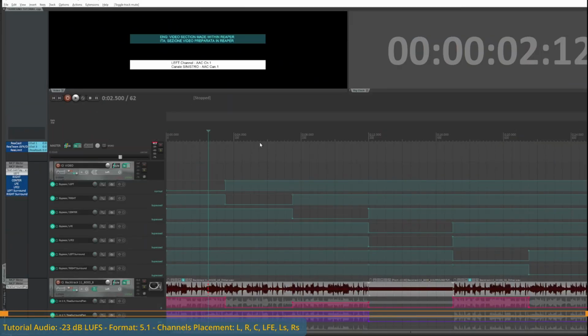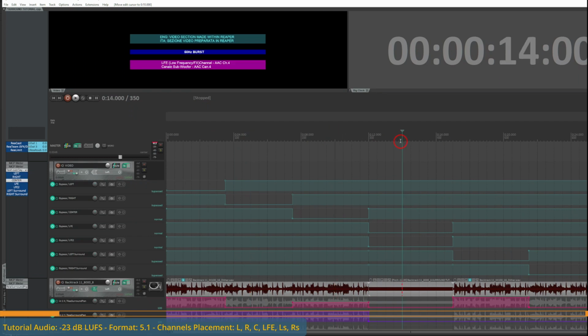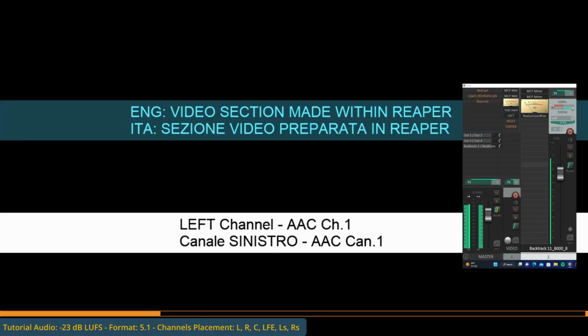In Reaper, I produced this simple video, which illustrates right what I said. If you have a smart TV that supports 5.1, you can use it to correctly decode the channels.